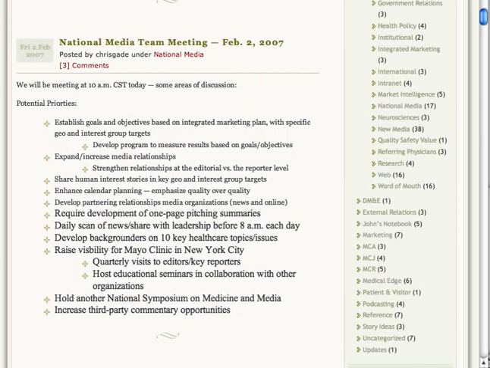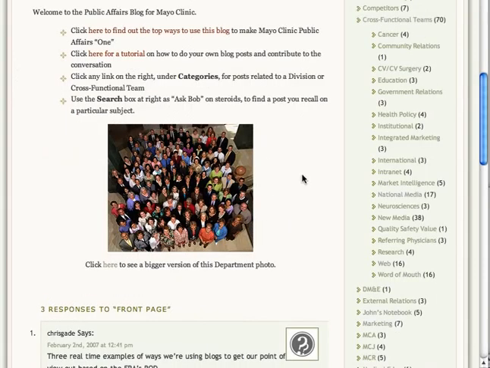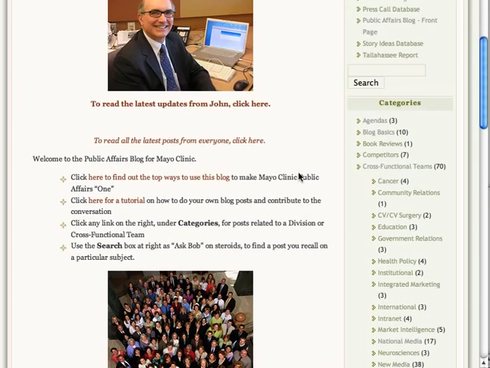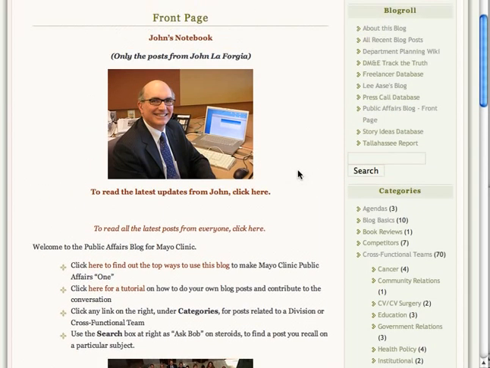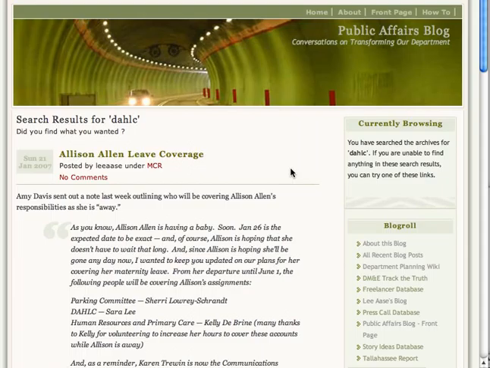Finally, the true power of the blog as a knowledge repository lies in the search box, which lets you look for all particular uses or instances of a term or phrase. For instance, say you want to find out who's covering the communications for the Dan Abraham Healthy Living Center. You could type DAHLC in the box, hit return, and up comes the listing where this is mentioned in an